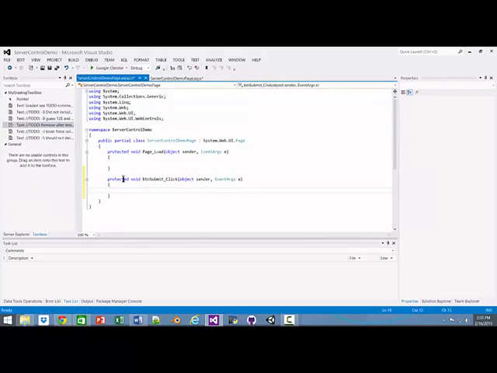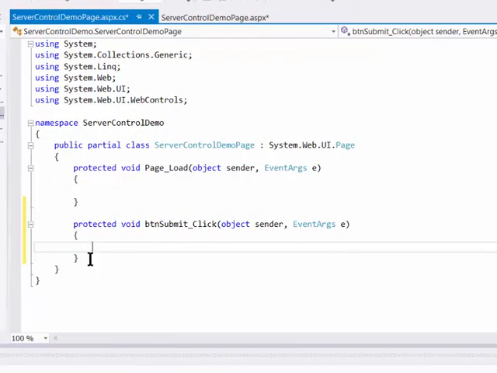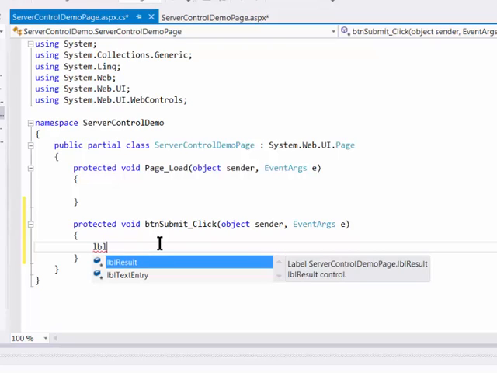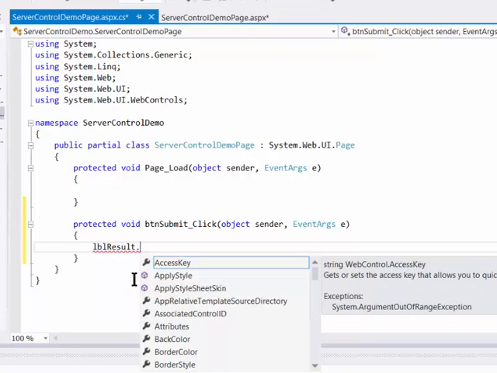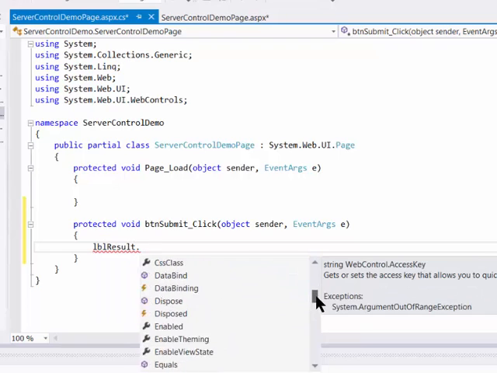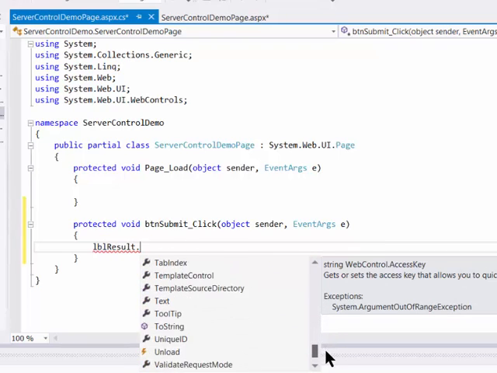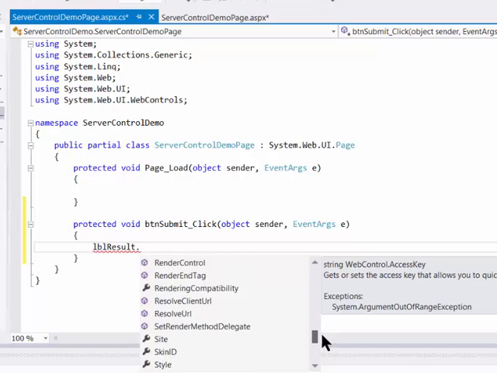which for the text box is usually text changed, for the button is usually the click event. If I double click on submit, we can see that it stubs out an event for that button. And all I'm going to do here is set LBL result. One of the reasons to label all of your controls is that in IntelliSense, you get a list of what they are, and you don't have to go back and look them up. I know that it will be label result, and if I click the dot operator, I can see all of the properties and methods that are associated with label result,